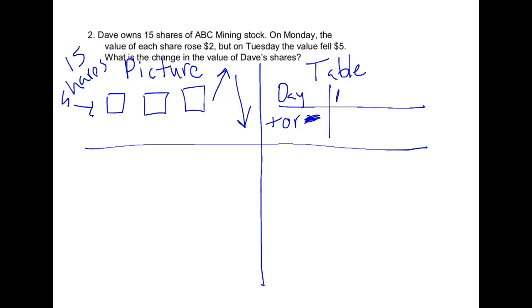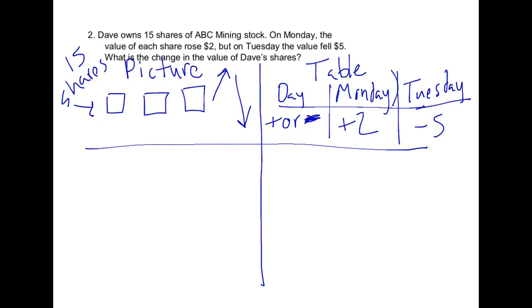So for Monday, each share rose $2, so positive 2, but on Tuesday the shares fell $5. And I know that rising or rose is a positive, and fell or falling is a